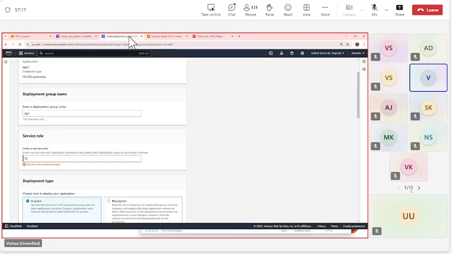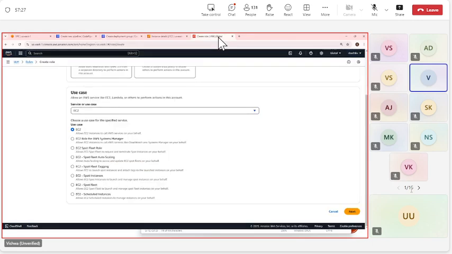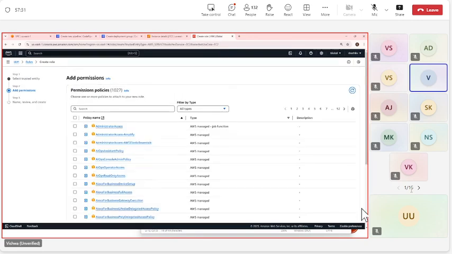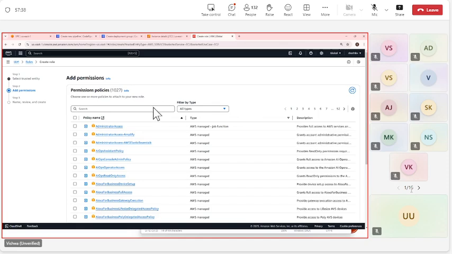So CodeDeploy should be able to access EC2. It says enter a service role with CodeDeploy permission that grants access to the target instance. EC2 and permission policies.